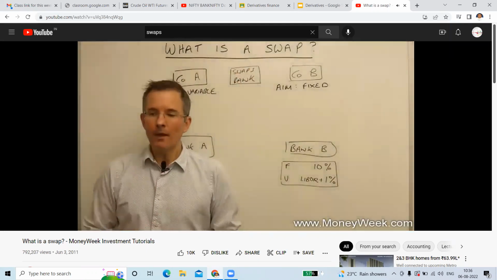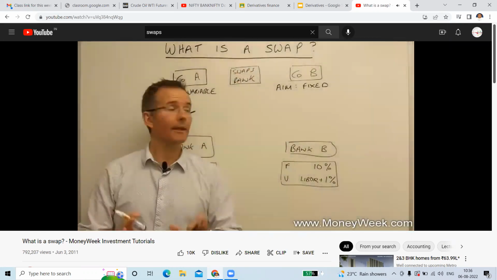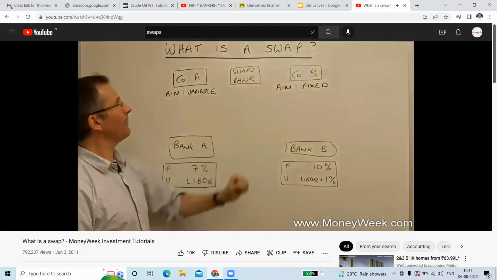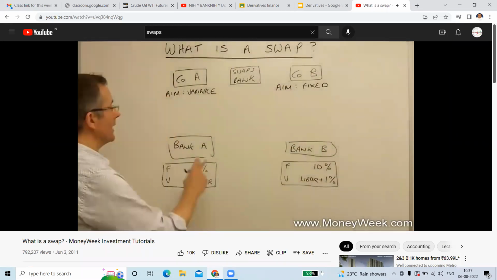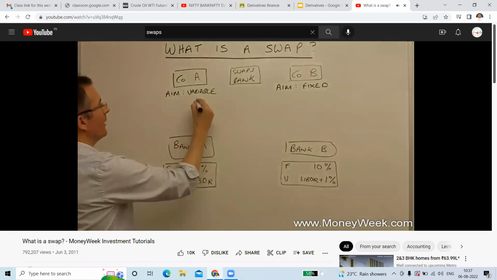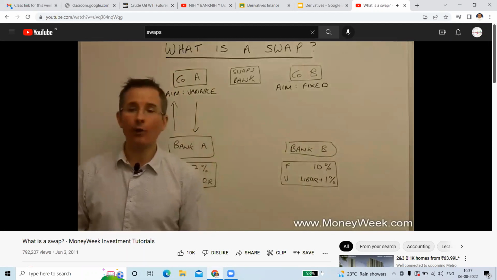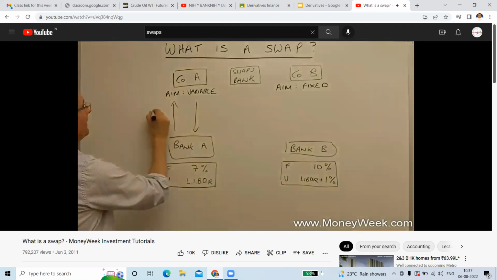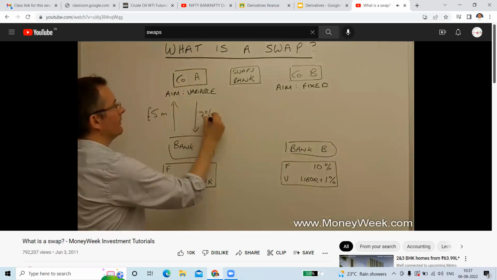And here's what's going to happen. Despite wanting to pay a variable rate, let's assume, and this is a slightly artificial conversation, but it'll get us through the example and show how the whole swap can help everybody. Let's assume the conversation goes like this. The swaps bank says to Company A, I know you'd like to borrow 5 million at a variable rate. But actually, when you take out a loan with Bank A, what I'd like you to do is the exact opposite. So, by all means, take a loan from Bank A for 5 million, but pay Bank A the fixed rate of 7%.